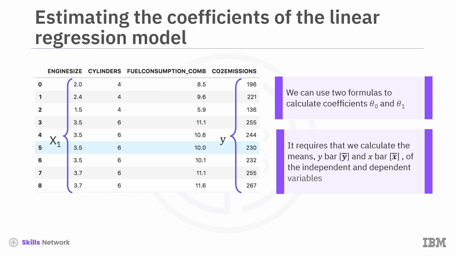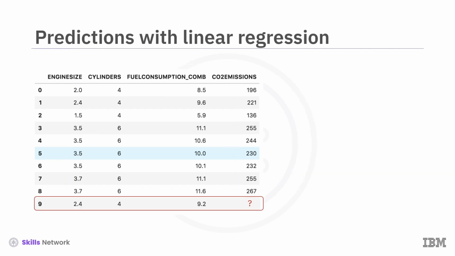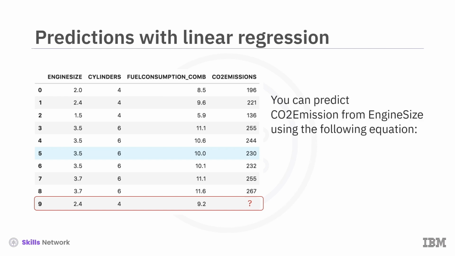So, these are the two parameters for the line, where θ0 is also called the bias coefficient, and θ1 is the coefficient for the CO2 emission column. Given the parameters of the linear equation, making a prediction is as simple as solving the equation for a particular input value. For example, you can predict the CO2 emission from engine size for the automobile in record number 9 using the following equation. For an engine size of 2.4, we can predict that the CO2 emission of the car